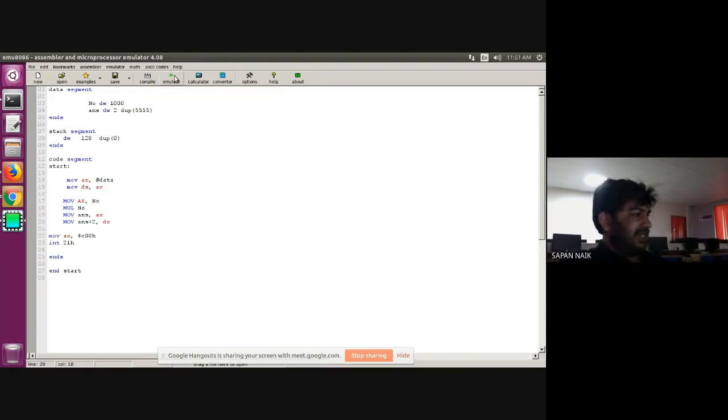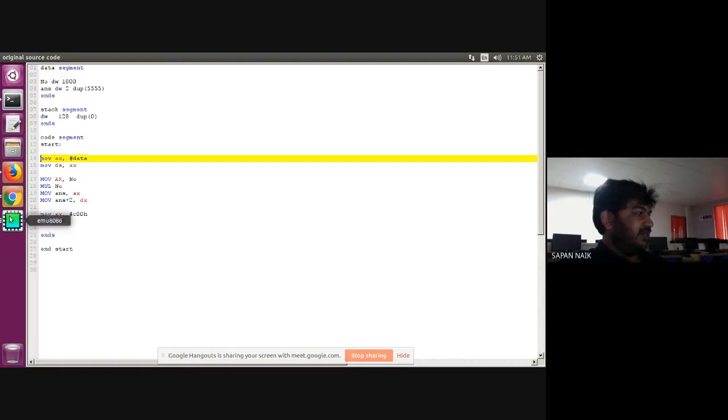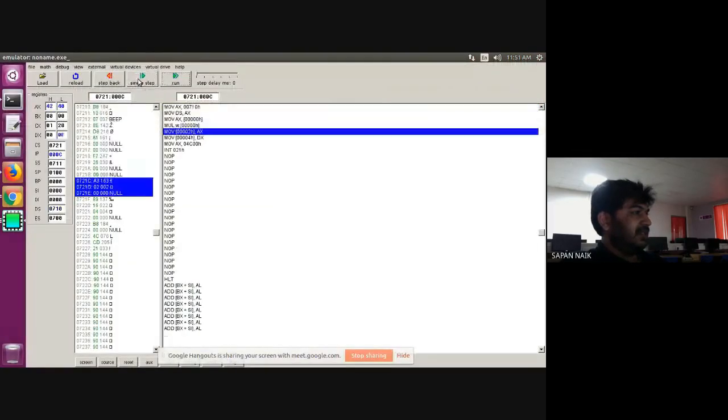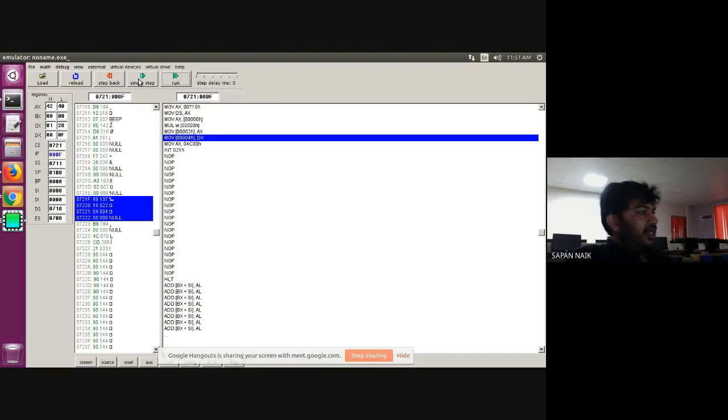Now let's check, is it working or not? So no error as far as this is concerned. Single step, single step, single step, single step, single step. Okay, now let's go to my data segment, 0710:0000. On 0000 I am having 1000, and then we'll have the answer.